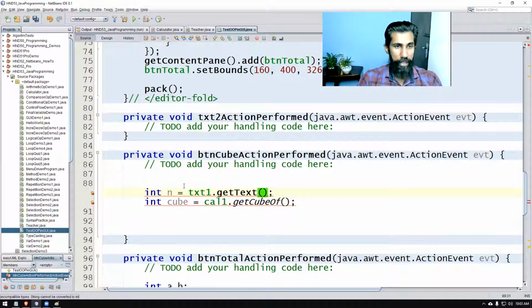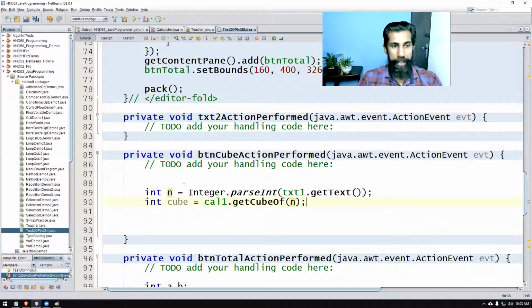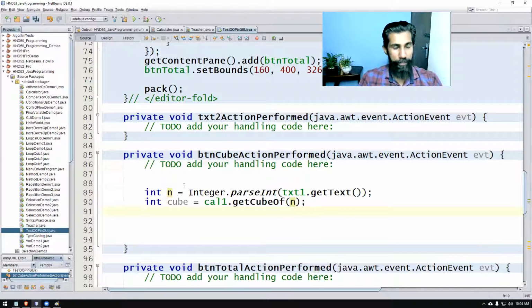Directly we can't do that. We say Integer.parseInt, that is text value we are converting to integer. Here we can pass n, so it will find the cube value of n. We don't know what number you type, it will find it for you, and we can display the answer in txt3.setText.